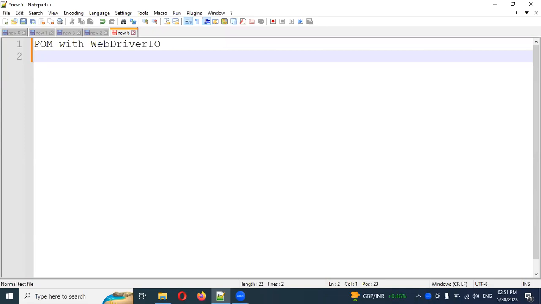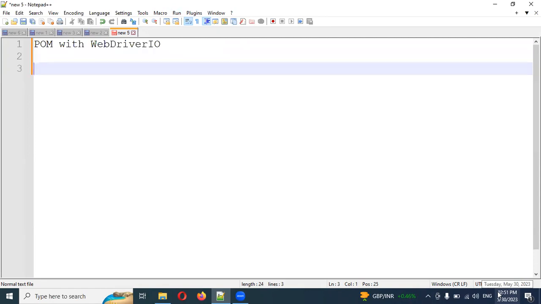This is Lokesh, and today we are going to discuss the page object model in WebDriverIO. I'm going to create a new folder and start everything fresh. As for why page object model, I don't want to go into too much information because I'll keep it very short. Why page object model means there is a concept: